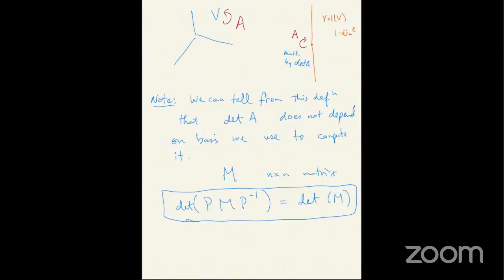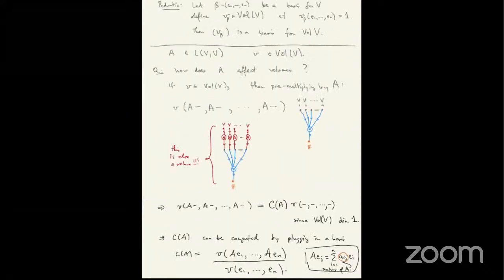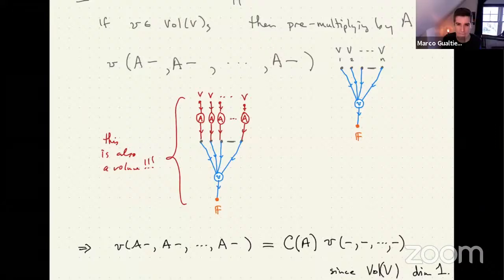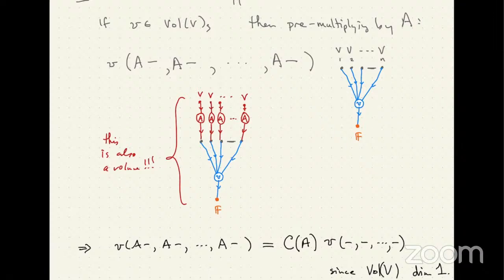Hi, Professor. Hi. I was just wondering, so this whole idea of pre-applying an operator to the vectors of which we're computing the volume seems intimately related or really similar to the idea of the dual map, where you have a map on a vector, and you're sort of pre-applying that map to the vector, and then you're applying the map from the vector space to the scalar. Absolutely. So I was wondering if this could be interpreted as a more general form, because it seems almost identical.